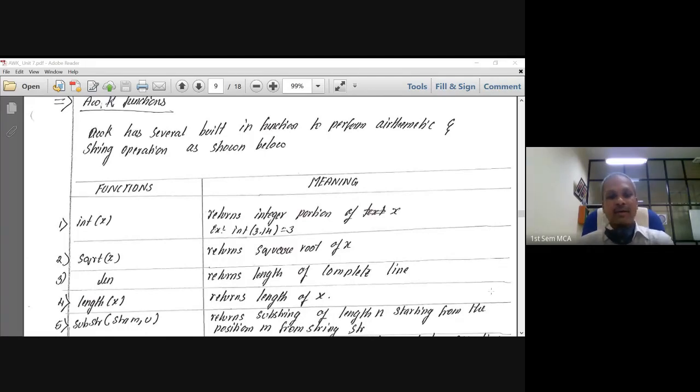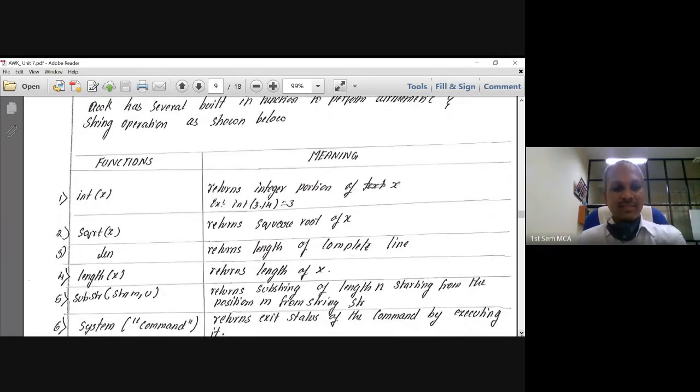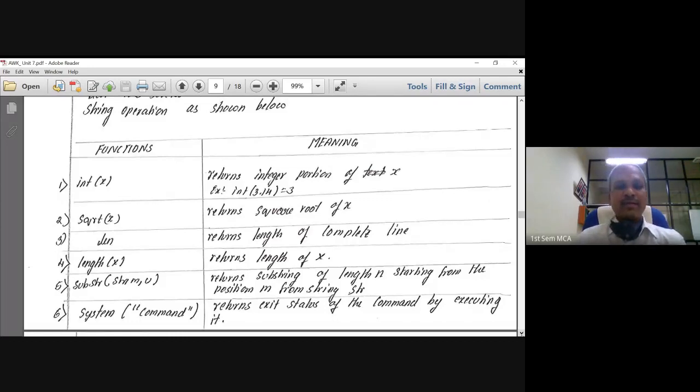AWK functions are like any built-in functions we see in C or C++ languages, which help us perform some primitive activities. Similar to that, AWK comes with some built-in functions which you are already familiar with, but we will be using them from an AWK perspective. Out of those, I have listed the ones normally available in other languages, which you can easily remember, so that you can have them for the exam purpose as well, because this is also one of the important questions in the examination.